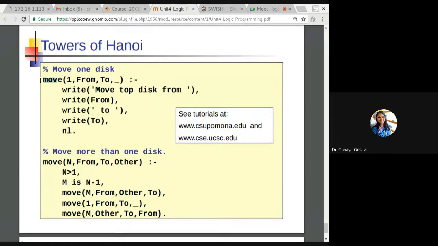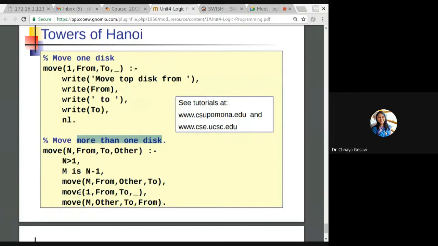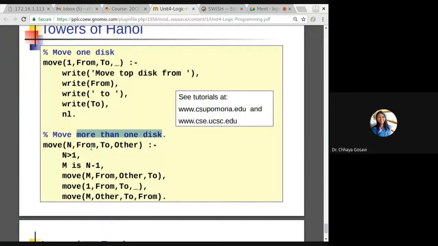So here we are using functions like move n, from, and to. So move the top disk from this tower to this tower, A, B, C, D. Suppose we have 4 towers. So the write function will just display it. This is your case study. You have to understand this problem and note down how it will work. And you can refer to these sites for a tutorial or your understanding. Move more than one disk. So just go through this example and try to find out the solution for Tower of Hanoi, how it will work.